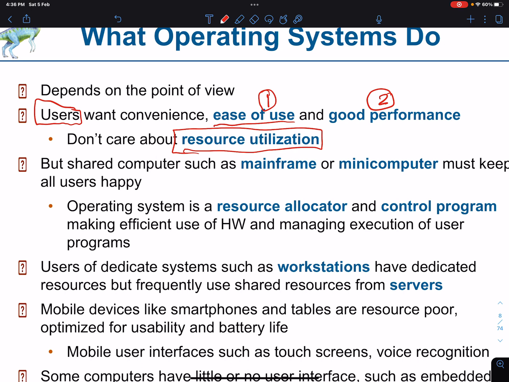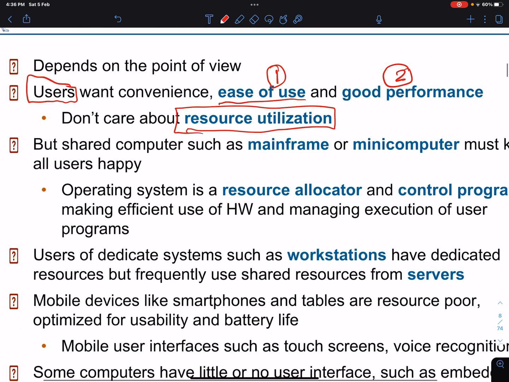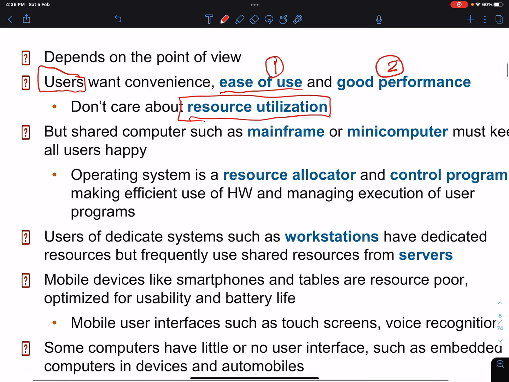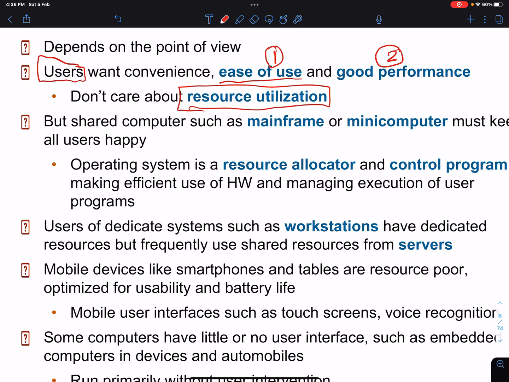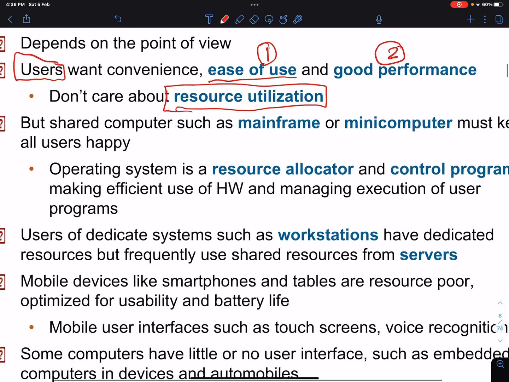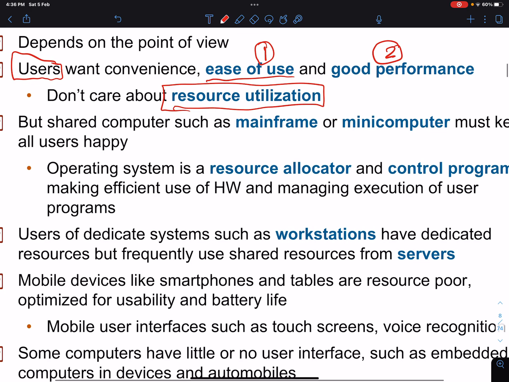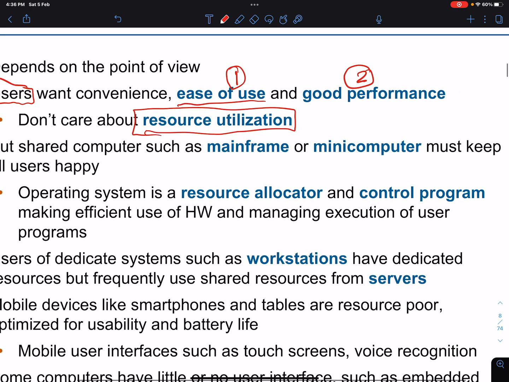And think about it. When you bought a computer, you never thought about how the CPU, memory, hard disk will be utilized, right? All you care about is, as an operating system, is it easy or not, and does it provide good performance, or is it slow, does it have problems, and so on. Which is fair. I mean, if you go and buy a single personal computer, yeah, you can easily find something like that.